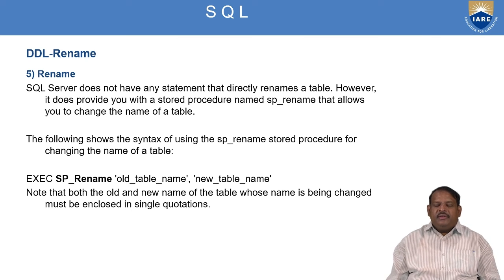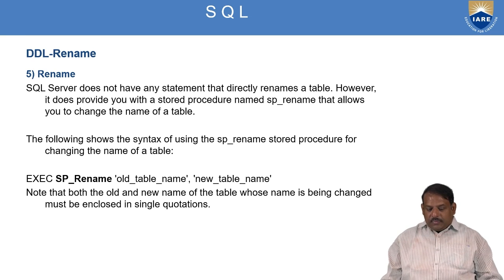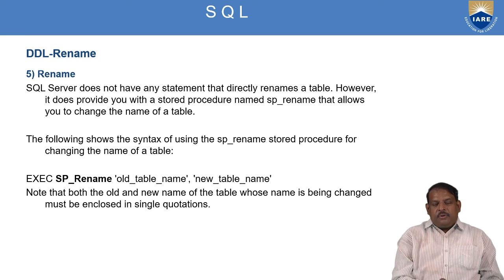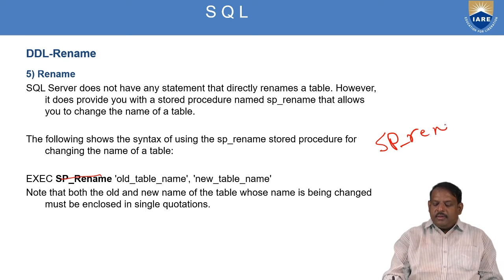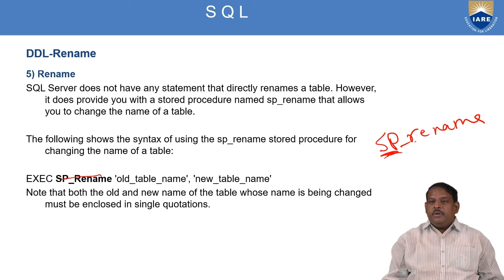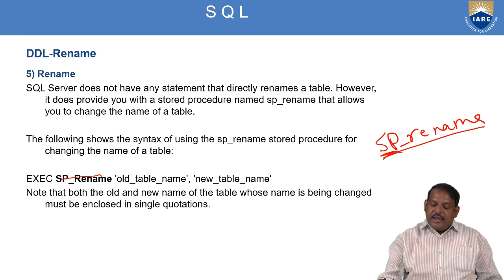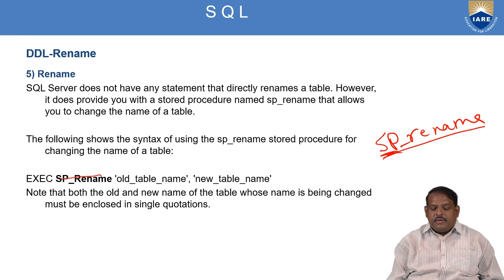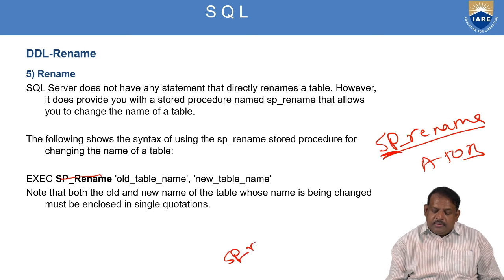So when I say rename, it means I want to change the name from A to B. So I have to use the sp_rename. sp_rename is the procedure name. SP means stored procedure, a stored procedure given by the system. The stored procedure's total name is sp_rename. It takes two arguments, old table name and new table name. I want to change a to b, then I have to say sp_rename